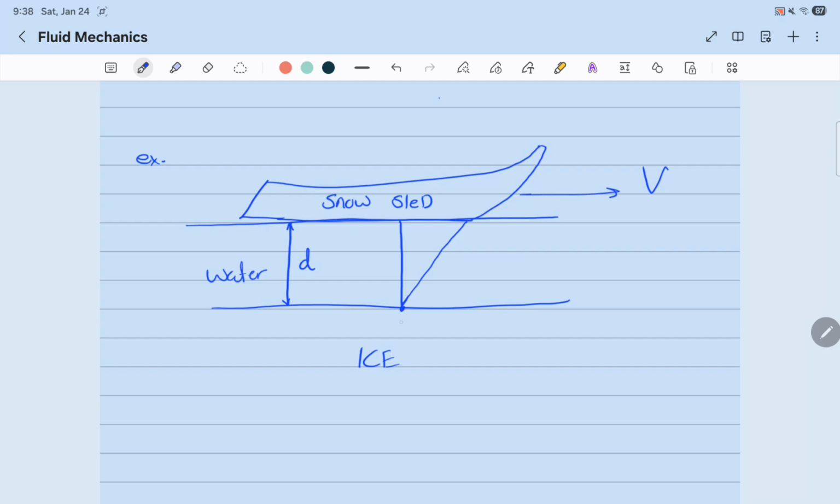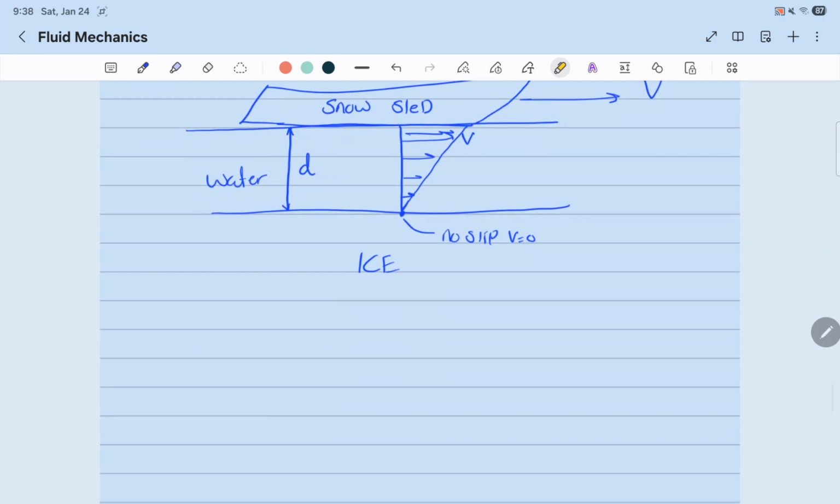At the surface of the ice, the velocity is 0, which could also be called no slip, meaning that the velocity at the surface is 0, and as we move away from the surface, the velocity increases until it reaches its highest point. Okay, we're asked to find D, and we're given